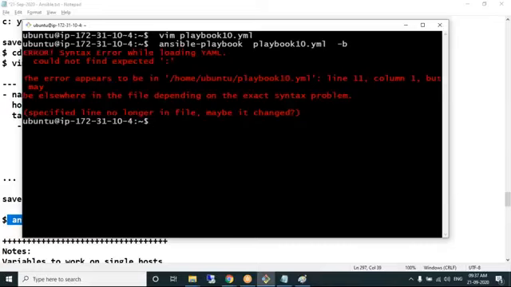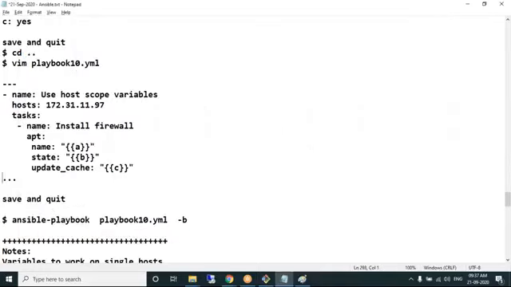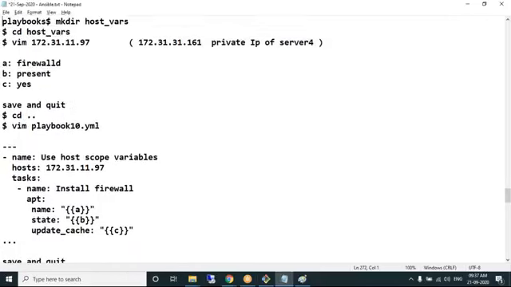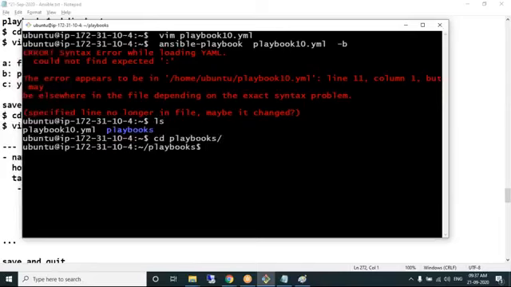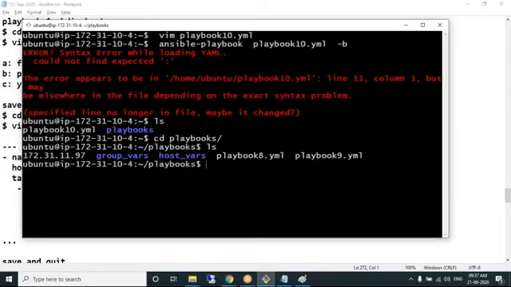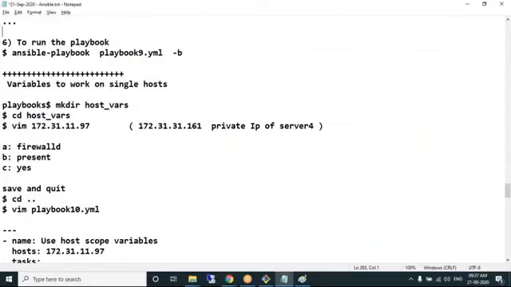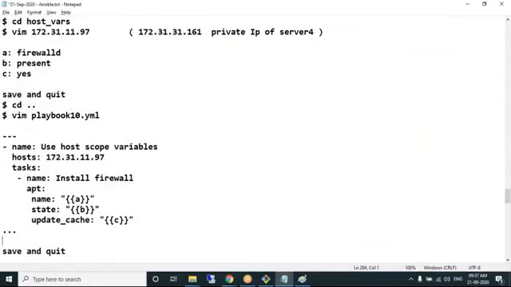Sorry. I think we need to go back to that. We need to go to the playbooks folder. Here I'm creating, not in that one.